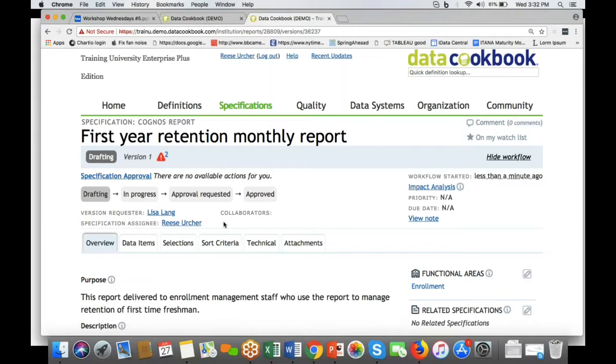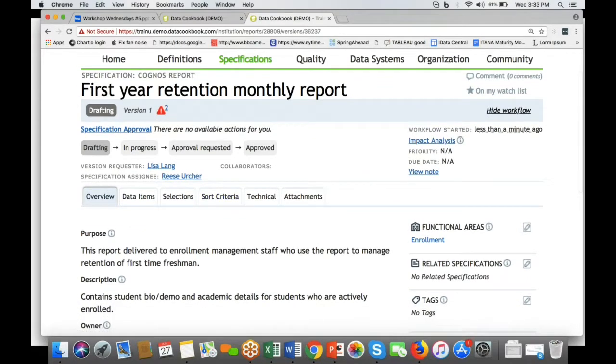The benefit to Reese and the IT or IR staff is that now there's a record that this work has been done and the report itself has been documented. As a caveat, sometimes with this style of approach, the staff will opt to do a rather cursory treatment of the specification itself. Their primary goal is not a detailed documentation of the technical metadata, but rather a discovery opportunity and a statistical opportunity. So Reese gets credit for making a report if she's on a quota to produce a certain number of reports per month. And Reese does not have to spend a whole lot of time. She is maybe expected to complete the overview tab and then